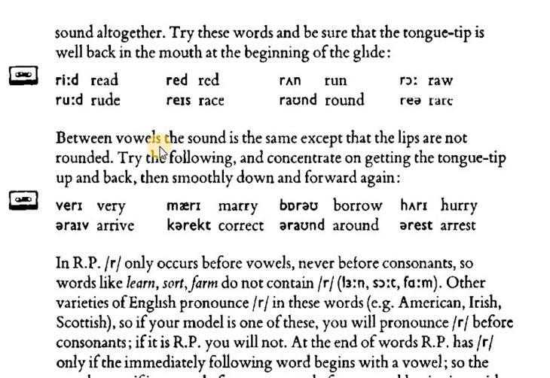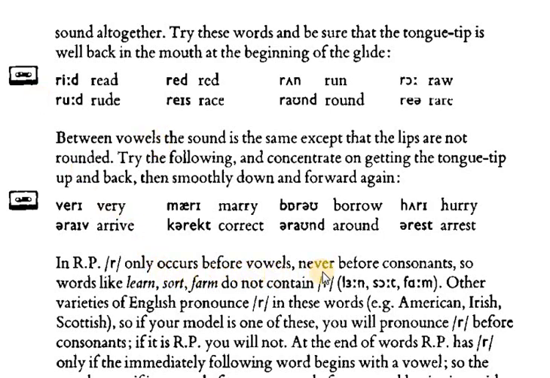Okay. In RP, r only occurs before vowels. وهذه طبعا راح يميز لي موضوع النطق الر ضمن الكلمات، يميز لي بين نوعين أو يفرق لي بين نوعين من اللغات، الروتيك ونن روتيك، اللغة الرائية وغير الرائية. الروتيك اللي تنتج أو تلفظ الر في كل مكان، أما النن روتيك فإلها أماكن خاصة لإنتاج الصوت الر ضمن الكلمة. الRP اللي هي non rhotic language only occurs before vowels، يعني ما ممكن أنتج الر إلا إذا كان بعد صوت علة، كما في كلمة for example